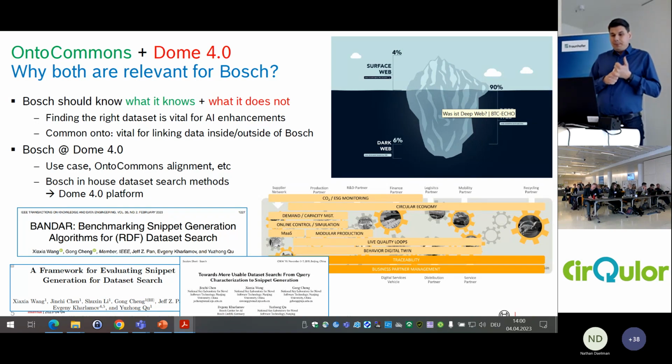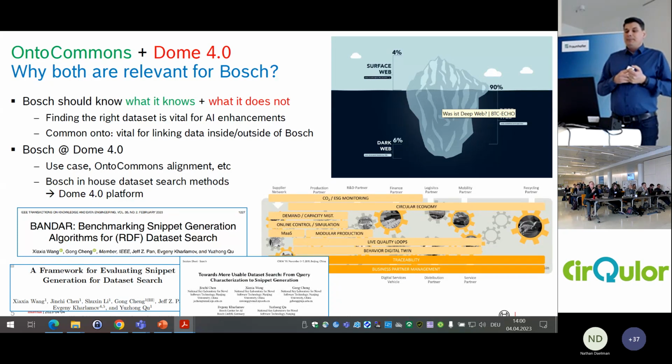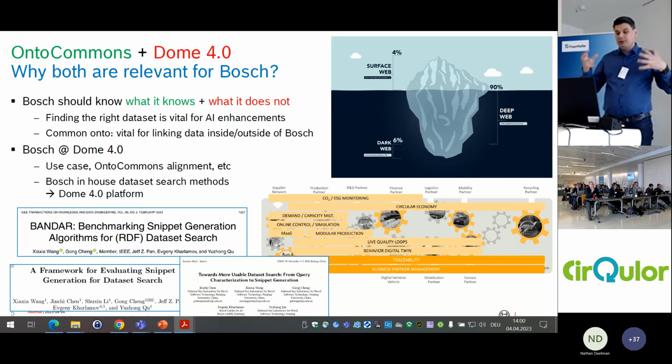Namely, what we see and what we do in our use case is to show how we interlink various databases and various data sources and make them available through the marketplace, discoverable, and then apply and combine them together. This is of course critical for a project like Catena-X, where the idea is that data is shared across the value chain, meaning lots of databases become available, and for example, the marketplace is the place to share them.